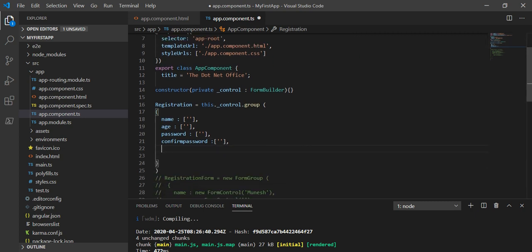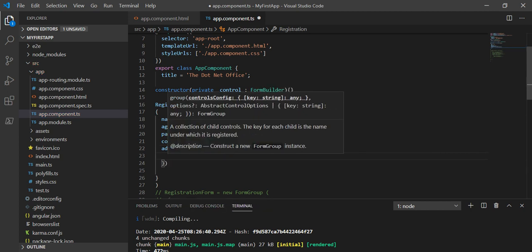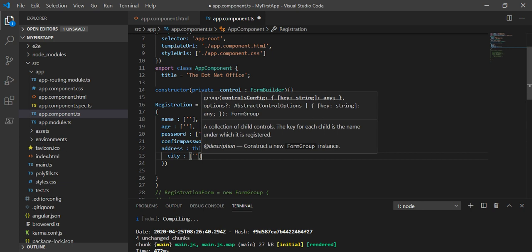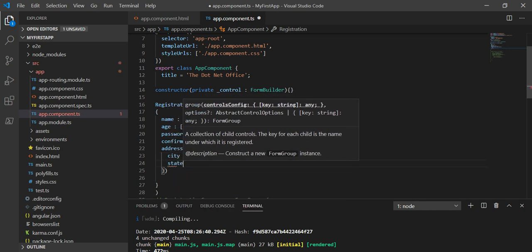So for that address, we have to take this dot control dot group first, and inside this we have to take city and then state.